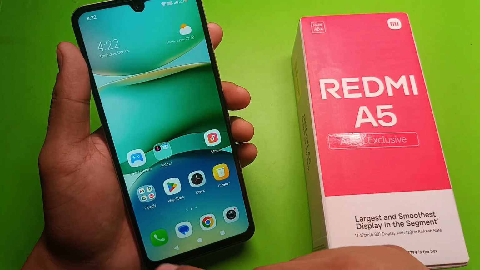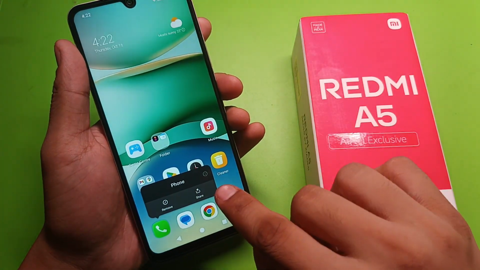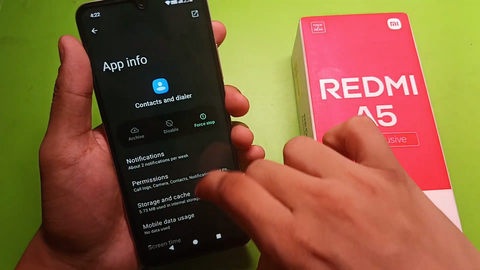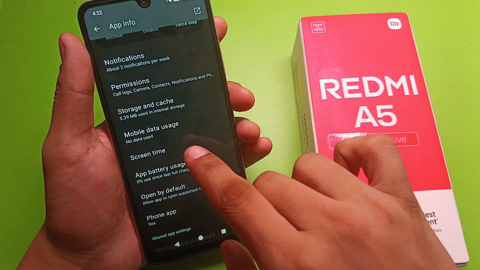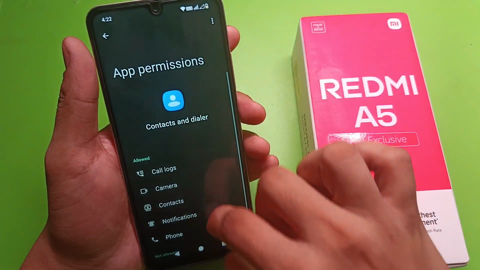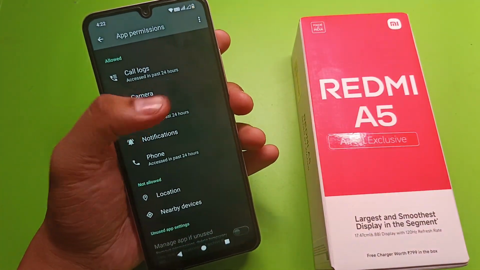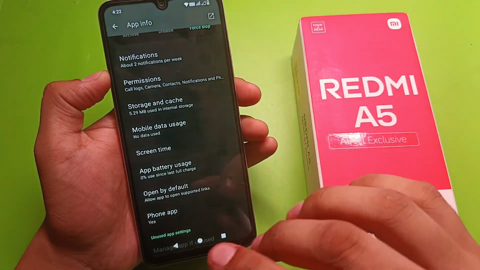If it is lagging, you have to just long press your phone call application, click on the I button, scroll down, click on storage and cache, clear data. Then friends, you have to give all the permissions like call logs, camera, contacts, and if it is not working